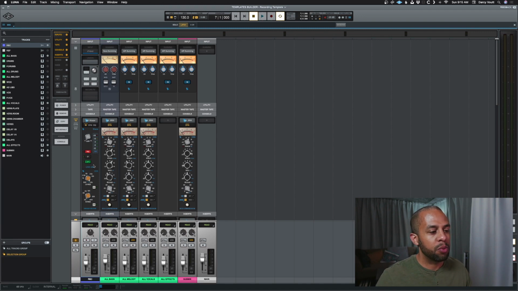Right now, as we're looking at it, the track is not record enabled, so it's in a mixing mode. We're using CPU resources for whatever we play back through this console. And we don't have anything loaded inside our Unison input, because when you're in Luna and you don't have something record enabled, it does not use any of that DSP